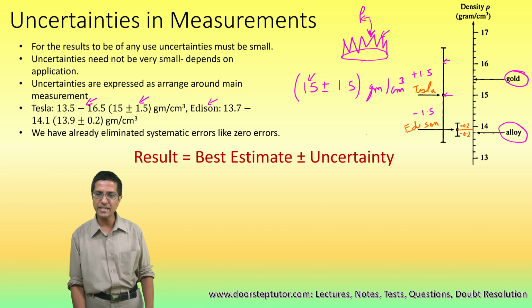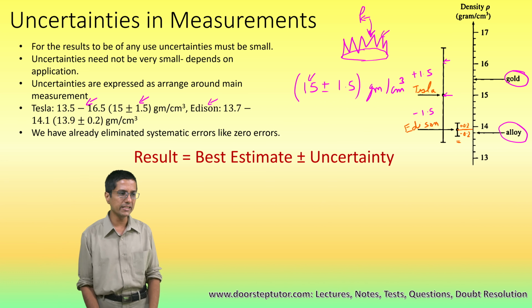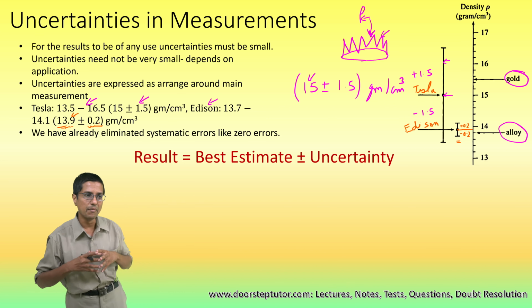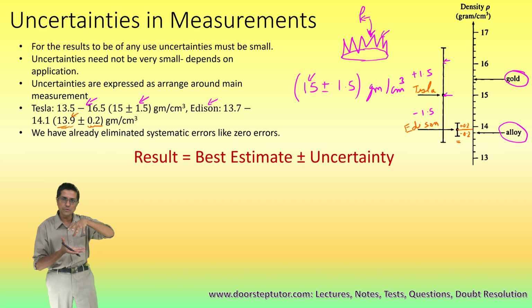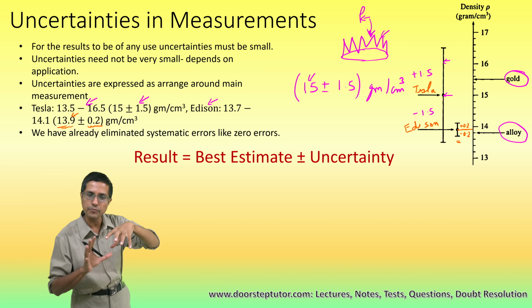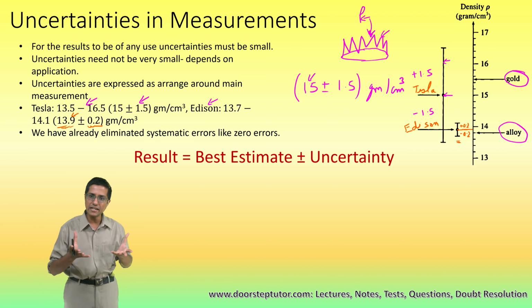And we represent it when we report the result using this. So it is the best estimate, which is 13.9 plus minus the uncertainty or the error in the measurement, 0.2. So again, this represents a range of possible values for the density of the crown. Now you would understand by looking at this figure